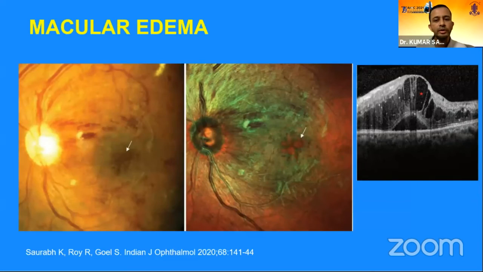Similarly, this patient has macular edema and cystoid macular edema also, which is seen on the OCT. Again, the color fundus picture doesn't give that much information. However, we can clearly see the petaloid appearance of the cystoid spaces at the fovea, seen as a reddish orange petaloid structure at the center of the fovea. The rest of the macula is greenish because of the thickness, and the cysts are seen in orange-red color. So normal thickness, macular edema and cystoid macular edema appear very distinctly on the multicolor image. So this was the utility of multicolor in diabetic retinopathy.